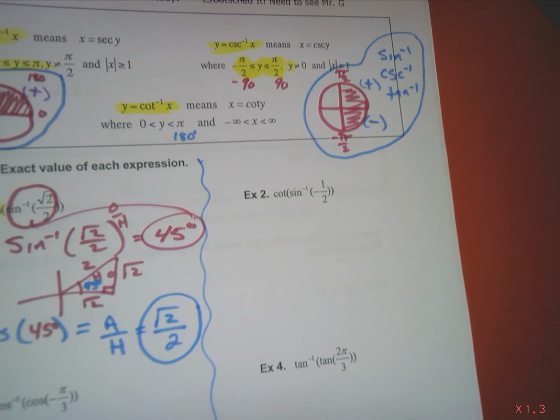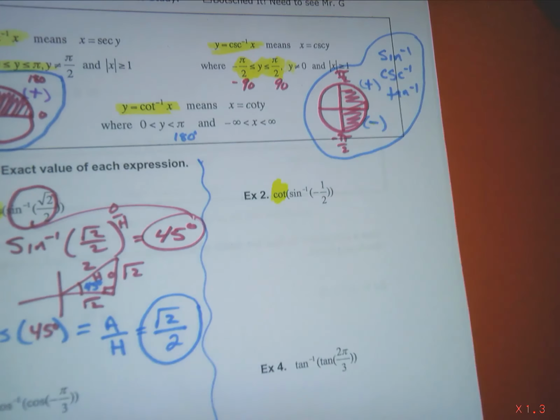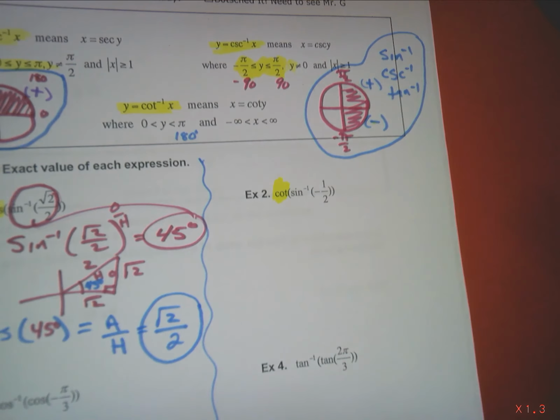All right, ladies and gentlemen, as we take a look at example 2, first thing I want to know is what the heck am I finding, Mr. Gotsch? So I have the cotangent, regular cotangent of the inverse sine of -1/2. So this guy tells me everything I'm looking for. Regular cotangent from chapter 6. I said, hey, what's the cotangent of 30? And you gave me